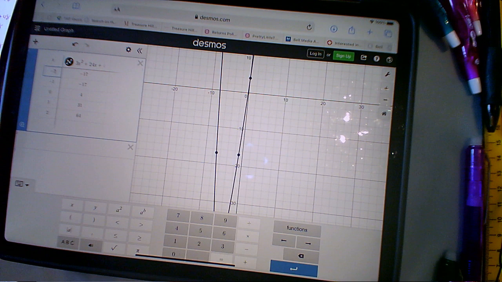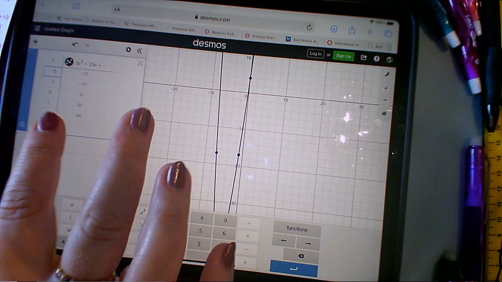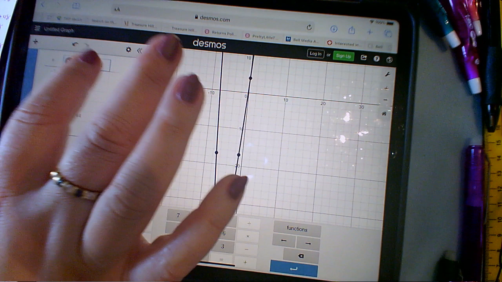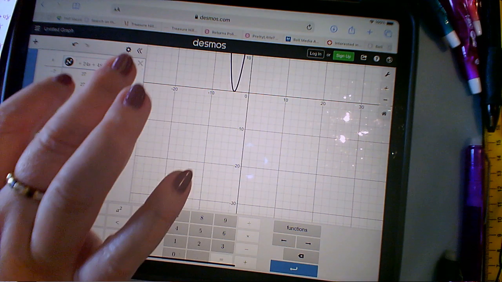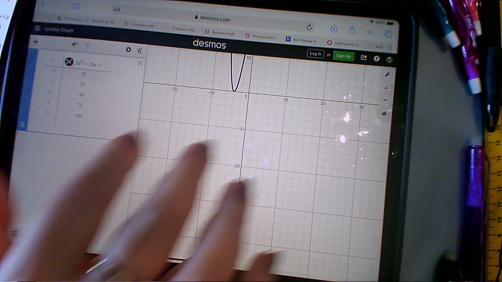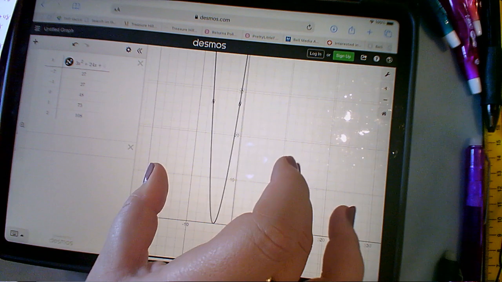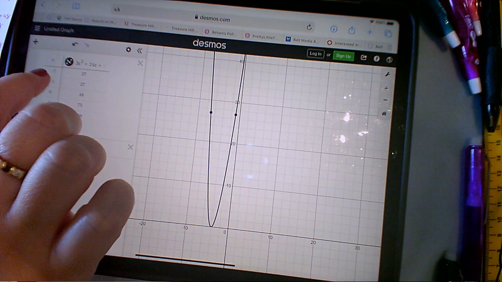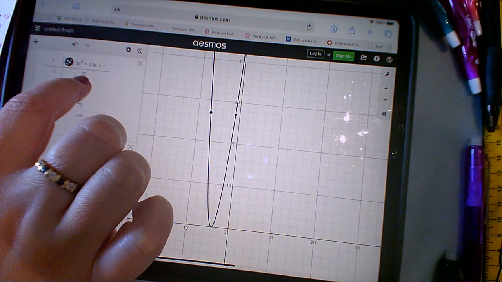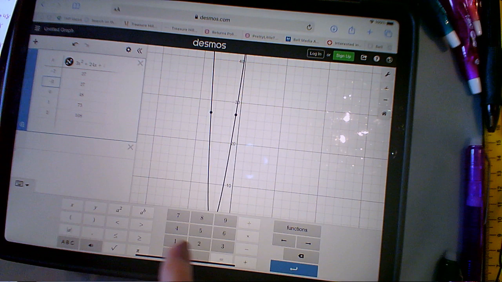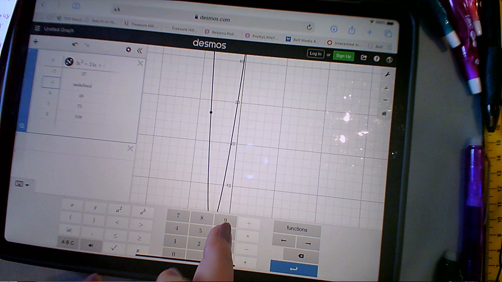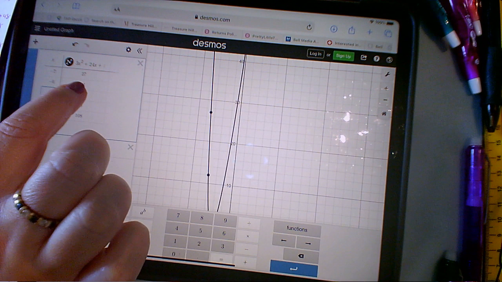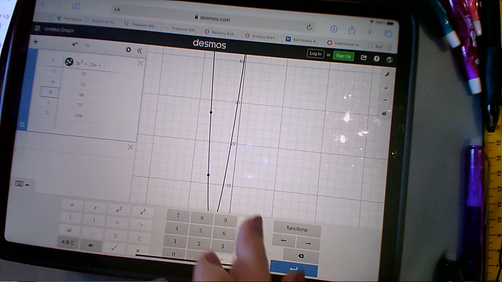Did I type this in right? 3x squared plus 24x plus 48. Thank you. I missed the 48 part. I was going to say this doesn't seem right. There we go. That's better. So when you type in negative 7, you should get 27. I'm going to change this to negative 6. So this is what it was trying to tell you. You should get 12 when you do that. When you type in negative 5,